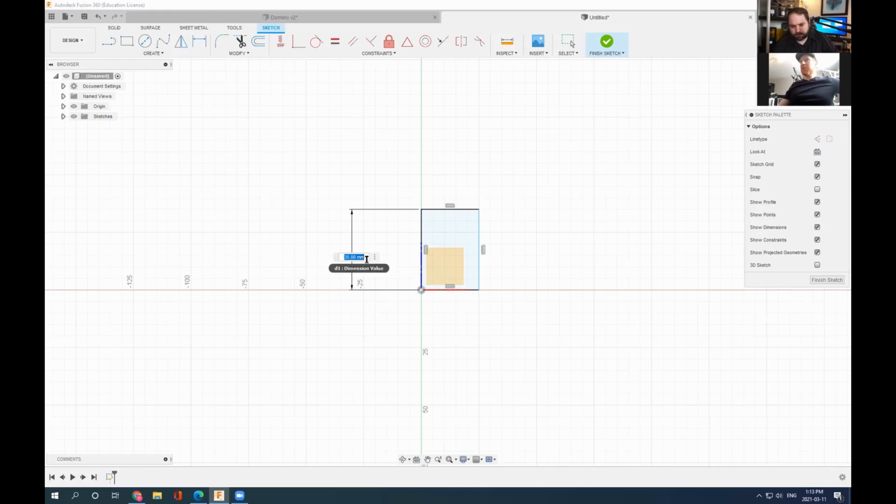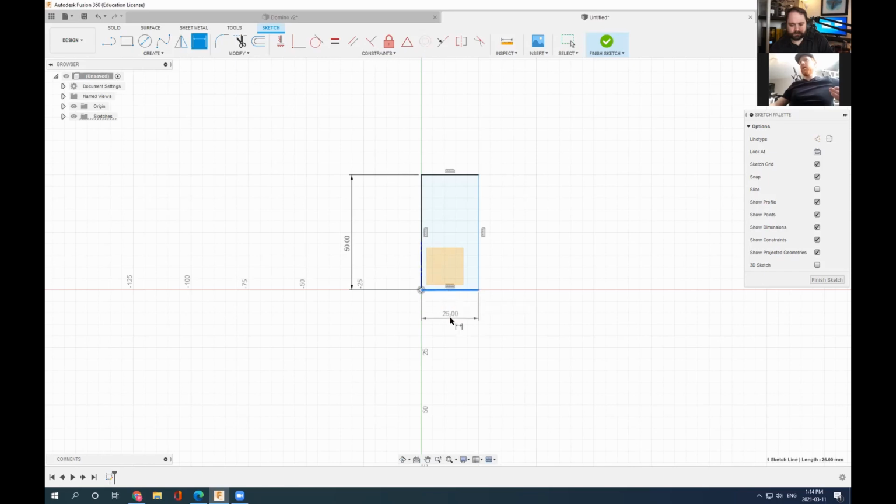We are working in millimeters, so there's that mm for millimeters right now. And arbitrarily, I'm sort of assuming that a domino is about 50 millimeters high. And so we're going to click 50, and now we have the height that we're looking for. That's perfect. I'm still in my dimension tool, and I'm going to click on the other side, this shorter side